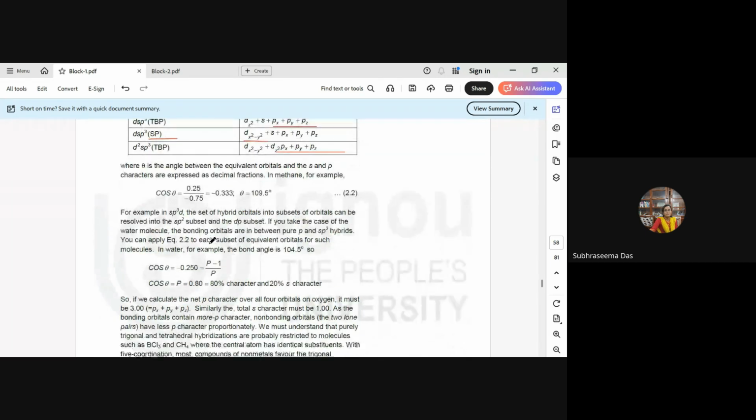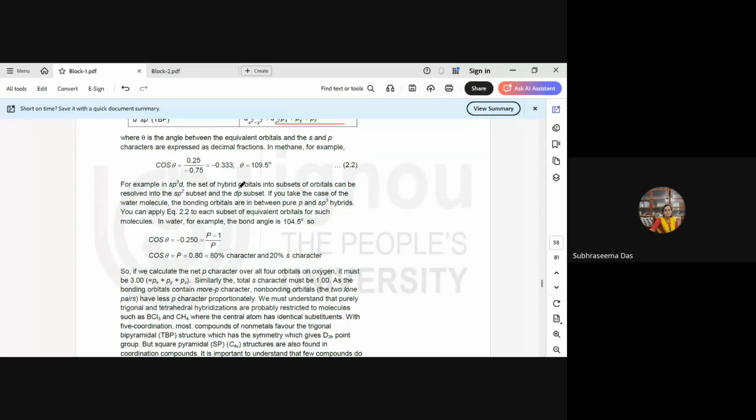3.2.5, you can see. For example, in the sp3d set, we can resolve the set of hybrid orbitals into subsets: we break the sp3d hybrid orbital set into an sp2 subset and a dp subset. If we take the case of the water molecule, the bonding orbitals are in pure p and sp3 hybrids. Now we will apply this cos θ equation to each of the subsets. Suppose for example, in water the bond angle is 105 degrees. So here cos θ is equal to,